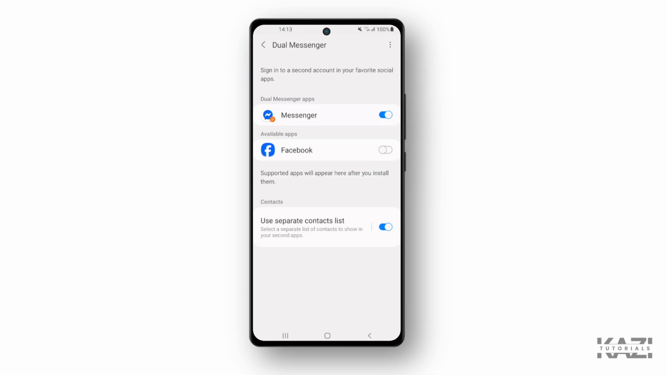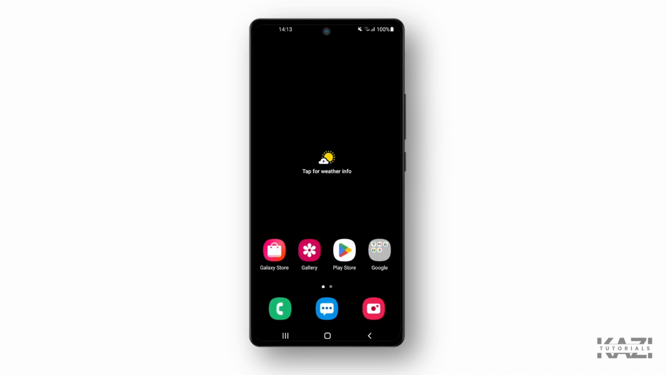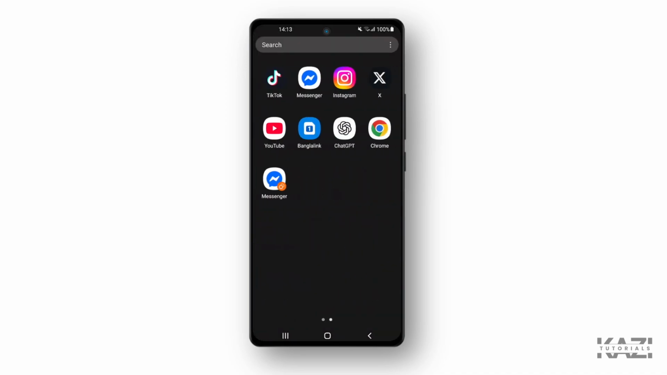All right, now it is turned on. The dual messenger is turned on. So we will just go back to our app drawer, and as you can see, there are 2 messengers in one phone. So that's how you can simply duplicate apps on your Samsung